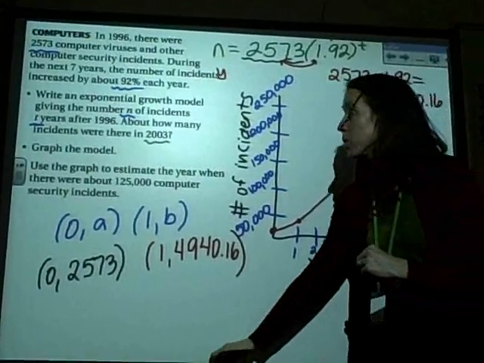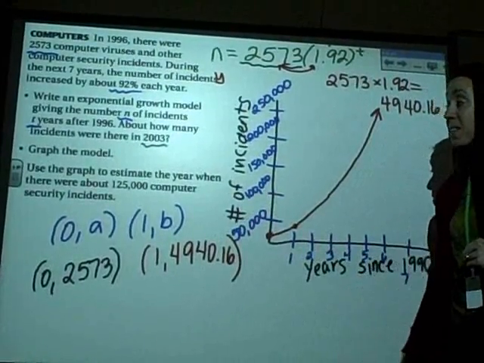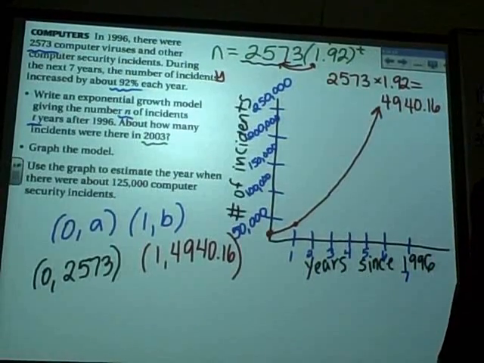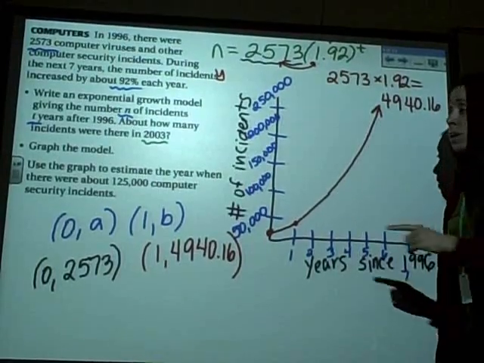And last, we want to estimate the year when there were about 125,000 computer security incidents. We can use our graph to estimate. It's not going to be accurate. So they want